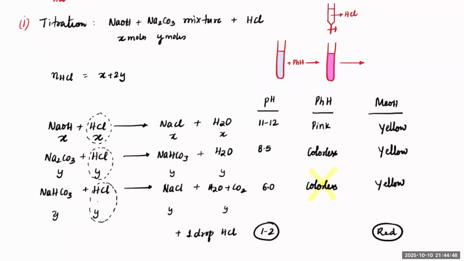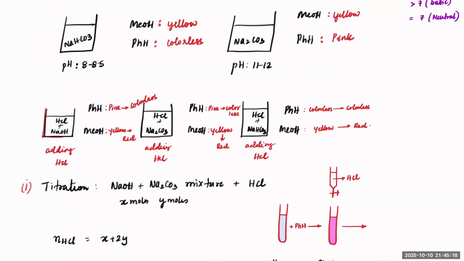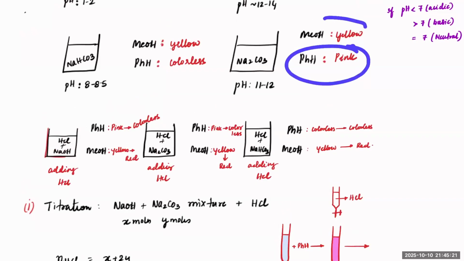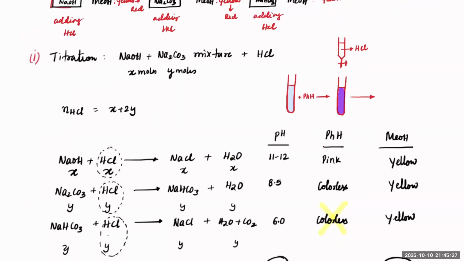First, notice this. After adding X moles, see, X moles of HCl has been added into it. After adding X moles of HCl, what happens? NaOH is getting consumed. But do you think, everybody, will there be any color change? No, right? It will still remain pink. Why? Because Na2CO3 is left. And with Na2CO3, if you go above and check, what did I tell you? With phenolphthalein, Na2CO3 will still give you pink color only. So the pink color does not disappear. Everybody understood? After adding X moles, the pink color has not